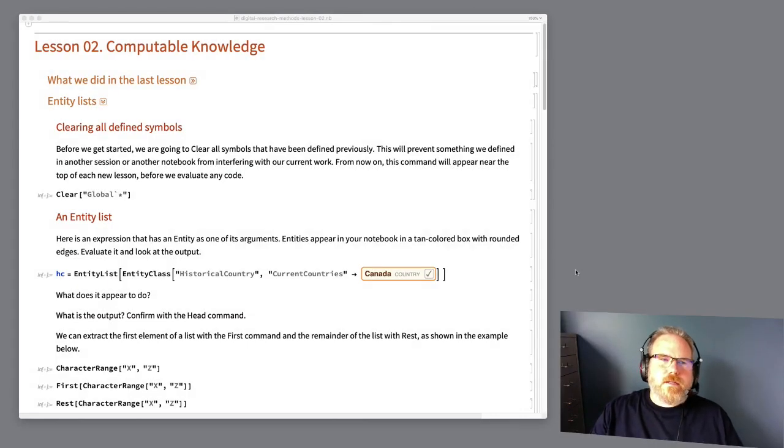In our last lesson, we learned that it's possible to type in a lowercase word. The example that we used was the word text, and that Mathematica will treat that word as a symbol. If we haven't assigned anything to that symbol, then it appears in our notebook in a blue font. As soon as we use the set command, or the shortcut for the set command, which is equals, we can assign a value to that symbol, and then we can use the symbol in any place where we would expect